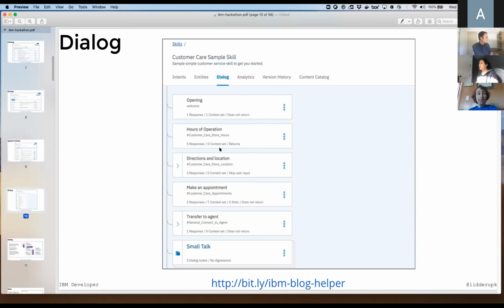In here you can see that someone is also setting up a dialogue about directions, locations, and making an appointment. So essentially, once you have your intents and your entities set up, you want to bring all of those things together and put them into some sort of dialogue tree.